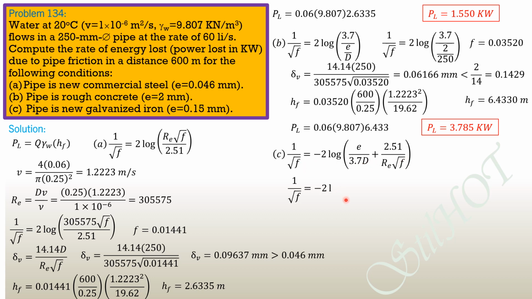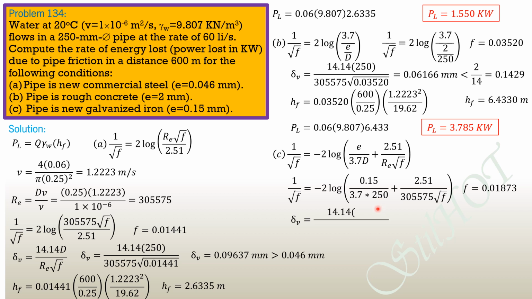1 over square root of f equals negative 2 log of quantity 0.15 over 3.7 times 250 plus 2.51 over 305,575 square root of f. So using your high-tech calculator, f is 0.01873. And if you want to verify that this really falls between the transition from smooth to rough, then let's solve for thickness of viscous sublayer: 14.14 times diameter 250 over Reynolds number 305,575, square root of friction factor 0.01873, and it is equal to